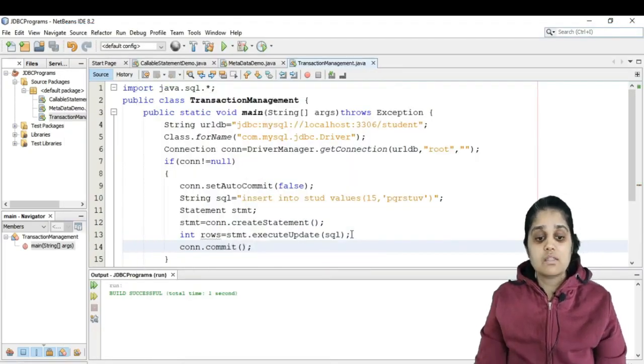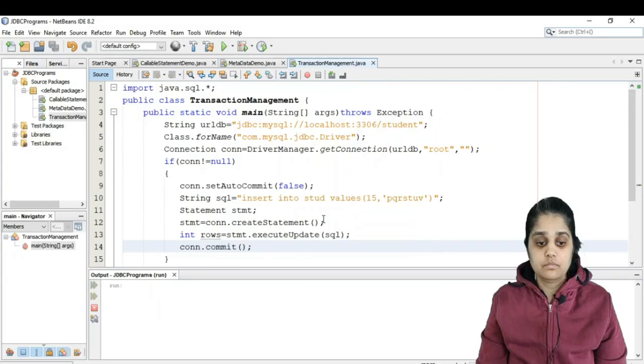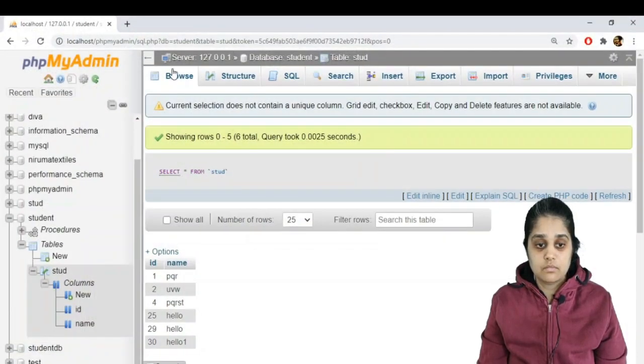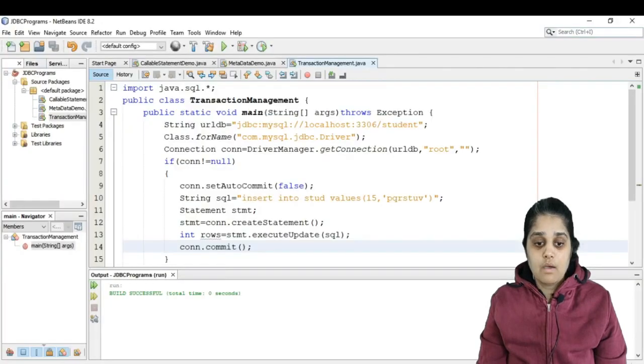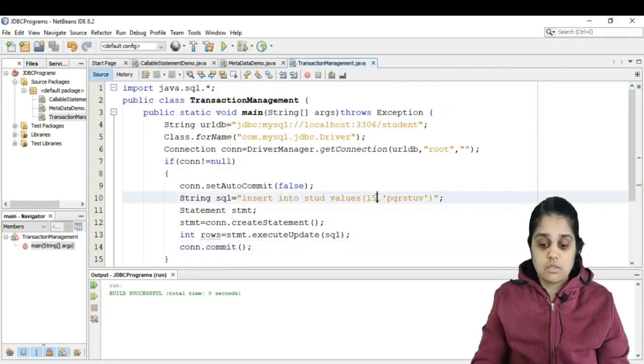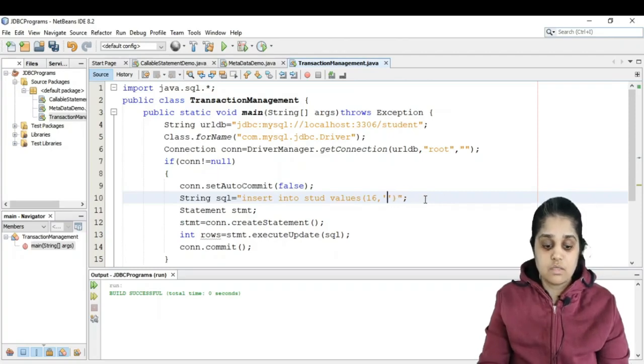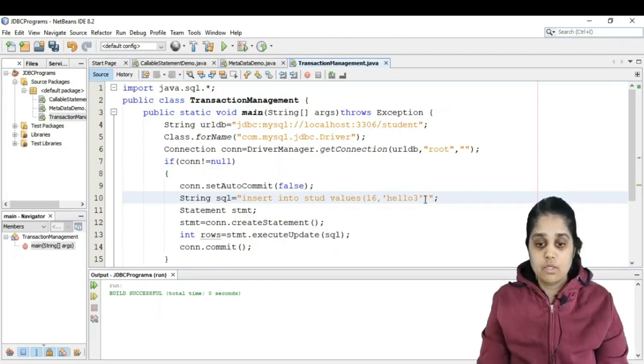When I fire this commit, it is going to be reflected in the database. So let us see. Right, 15 PQRSTUV.